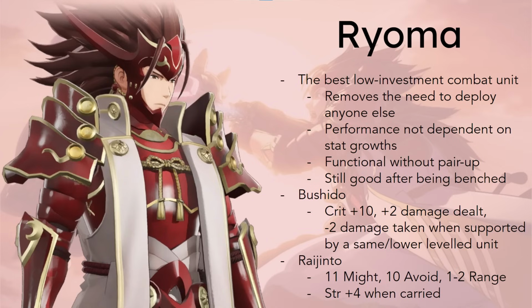So the game plan with Ryoma is very simple. You walk into range of enemies, they die. And that is not something you can say about most units, because his sword is unique in that it allows him to counterattack from both 1 and 2 range, so no matter who attacks him, even if it's an archer or a mage or a shuriken user, he will be able to counterattack,